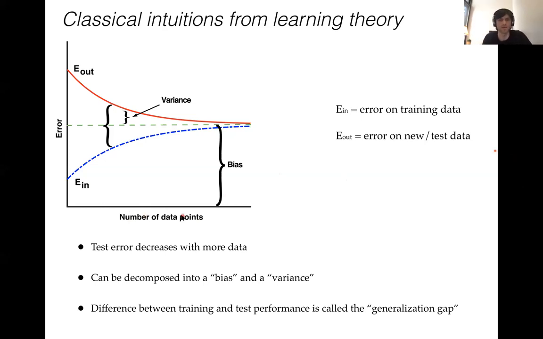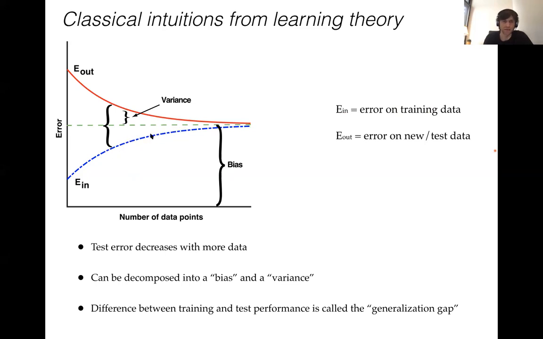So if we think about how your performance changes as we get more training data, there are two different kinds of performance we're interested in. One is the performance on the data that we fit the model to. That is the training data. So there's an error, what's called in sample. So E sub in stands for in sample, or the training error, and that actually goes up as you get